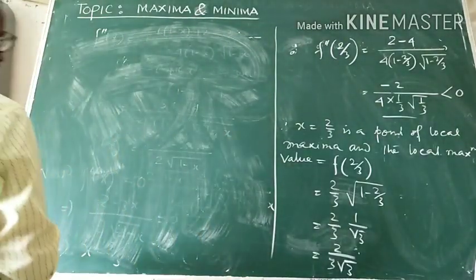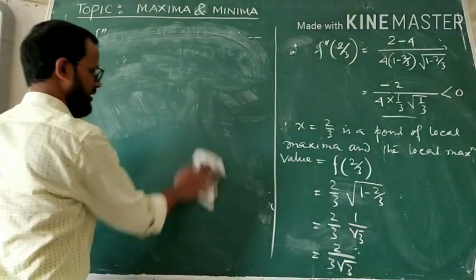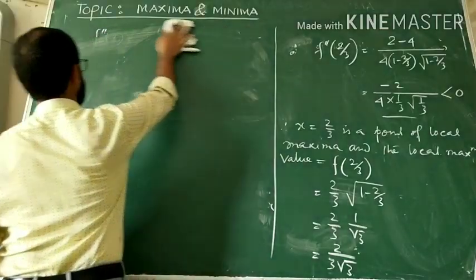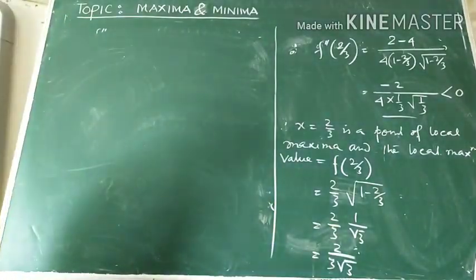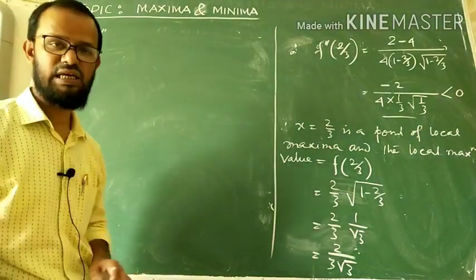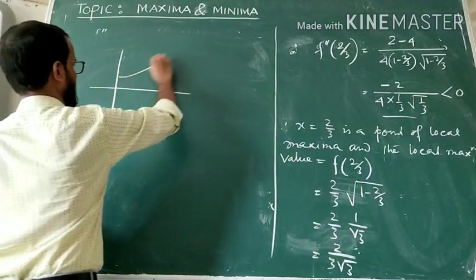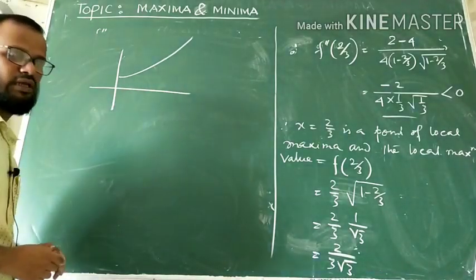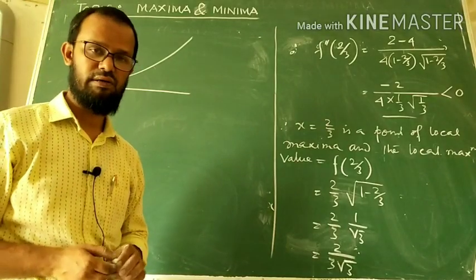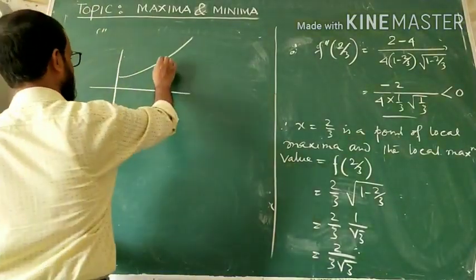So a very important concept is that to get maxima and minima, the necessary condition is f dash x must be equal to 0. Somewhere you have to get f dash x changing sign from positive to negative or negative to positive. That should happen. Suppose this is a graph of a function, a strictly increasing graph. In this particular graph from here to here, in the domain there is no point for which f dash x is equal to 0, because it is a strictly increasing function.